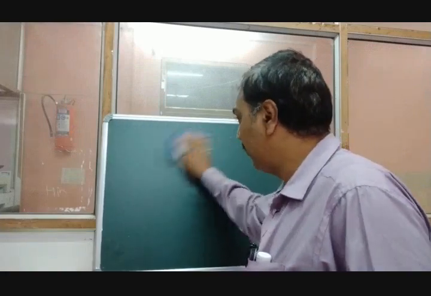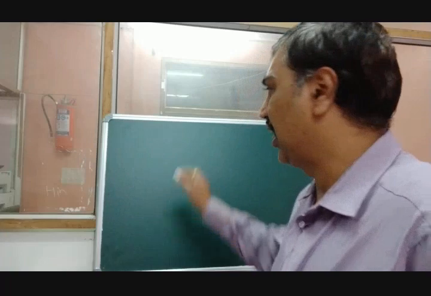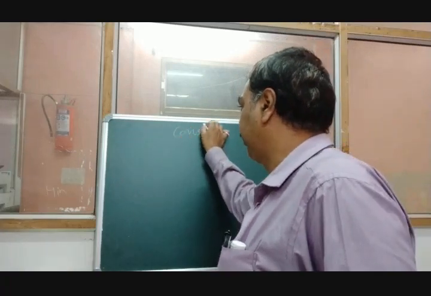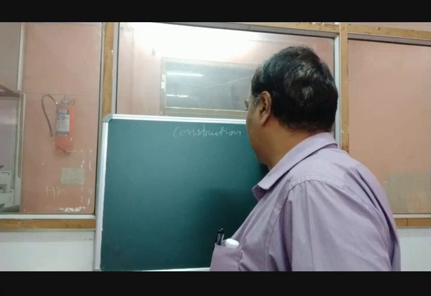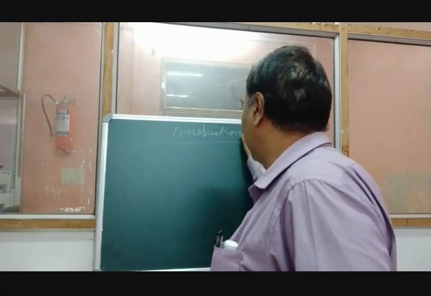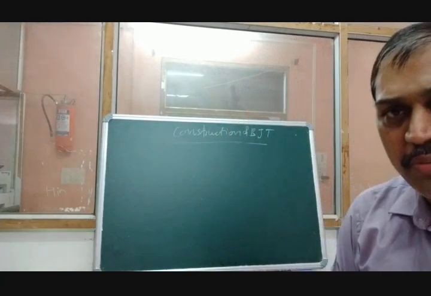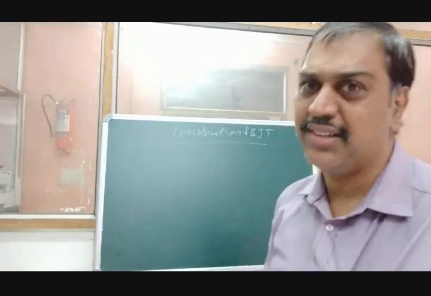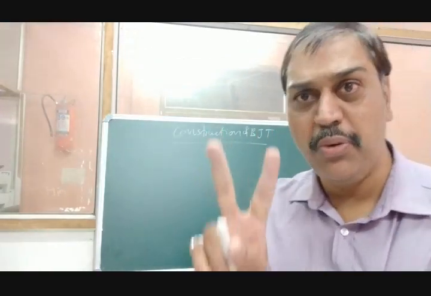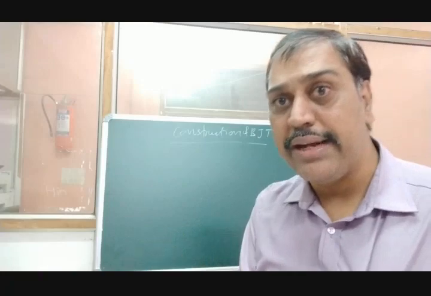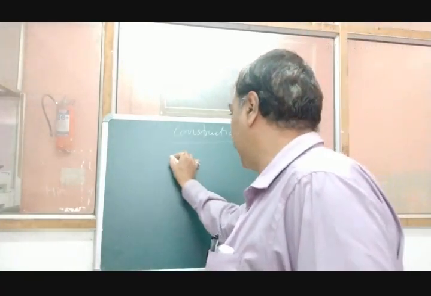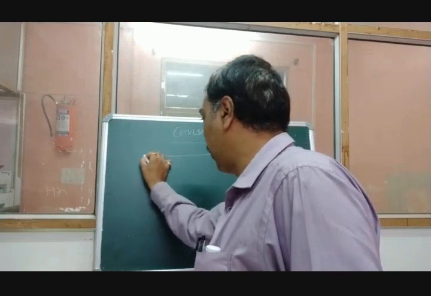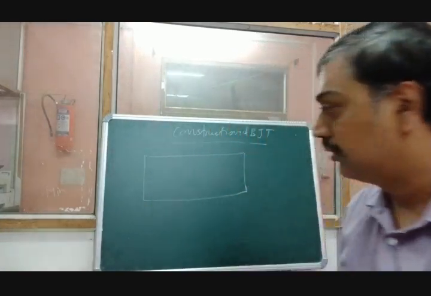Now let's start with the construction of BJT. What exactly does the construction of BJT mean? How does it consist? It's a simple thing. If you remember, we saw the PN junction diode consists of two semiconductors, N-type and P-type. Here there are three regions. So those three regions we can draw like this. Suppose I have drawn the regions like this.